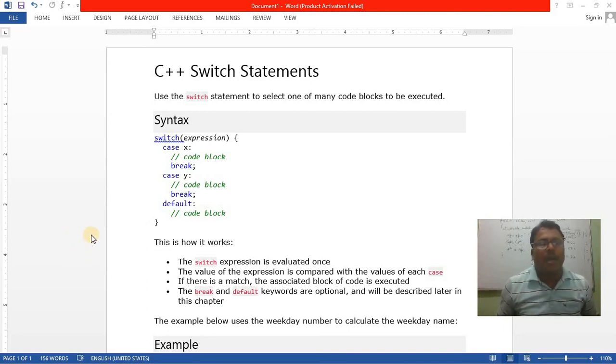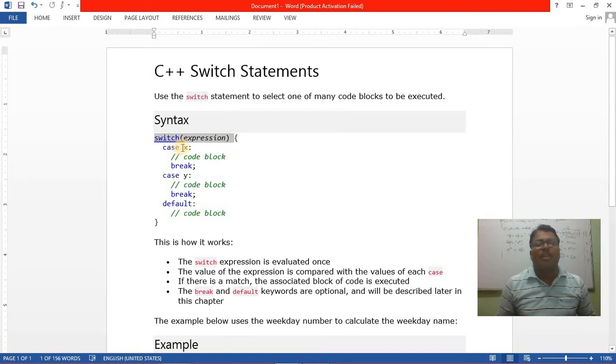Dear student, I am going to discuss today the C++ switch statement. So here we will discuss the C++ switch statement. Switch is used for a number of conditions, but we have to check only for equality with any one. We write switch, and in switch we write an expression, and it will contain the case body inside.